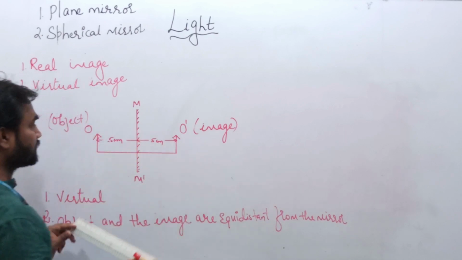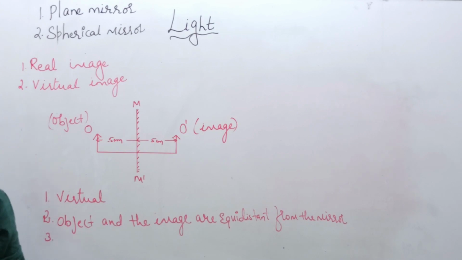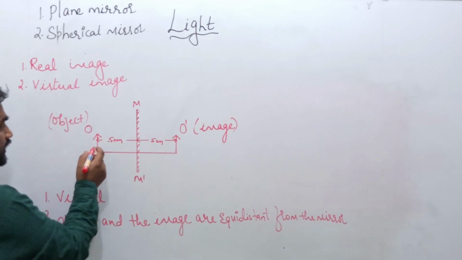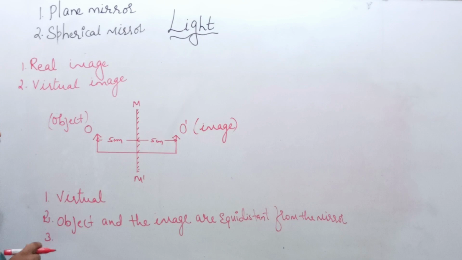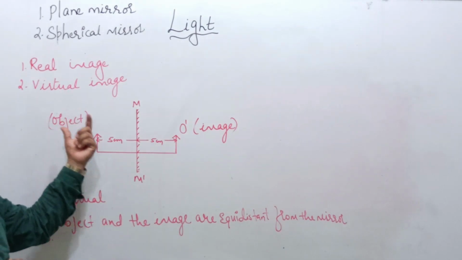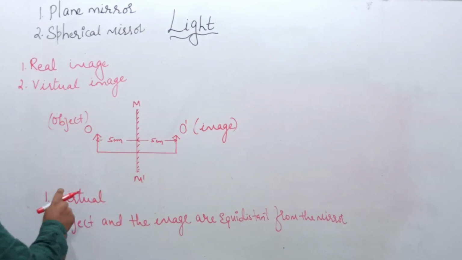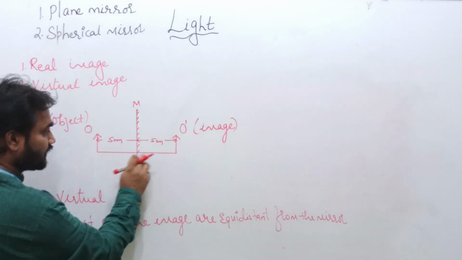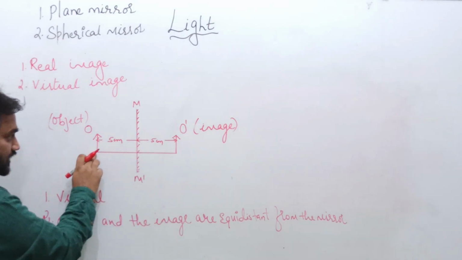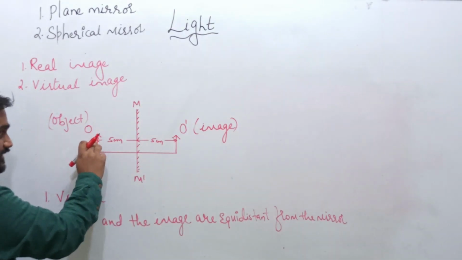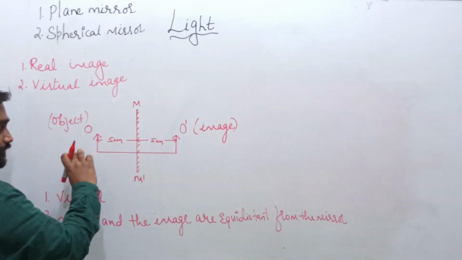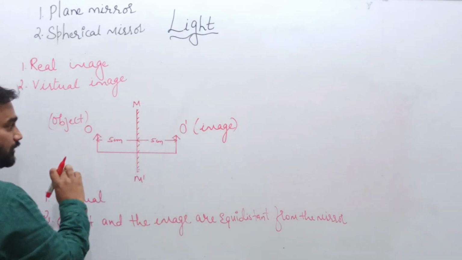Just understand the concept now. I'll come up with the problems, and there we can discuss how the image is formed with the ray diagrams. Here you can see this is the reference baseline I have drawn. The object distance and the height will also be the same here. So the height of the object and the image would remain the same.